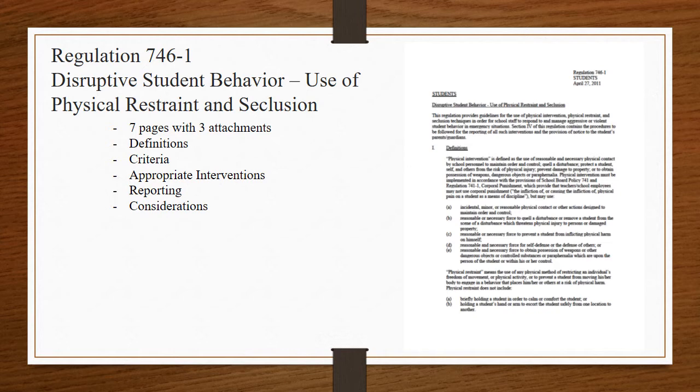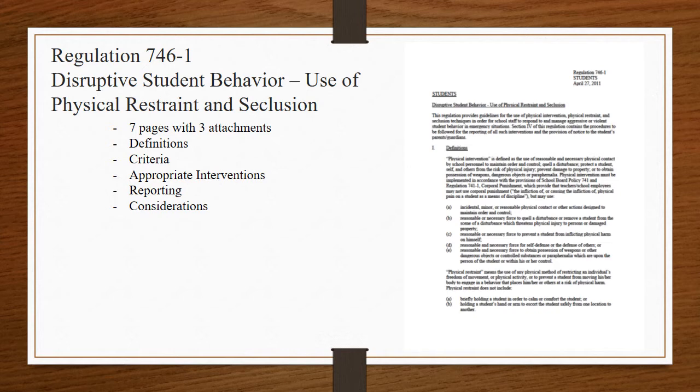And if a student already has that in place, then we as an intervention team need to review and revise the plan. Anytime there's a timeout, we need to complete a timeout sheet. And like I said previously, there are three attachments, and one of the attachments is the timeout log sheet. So that information needs to be completed. Any timeouts need to be immediately reported to the principal and also immediately reported to the parents.